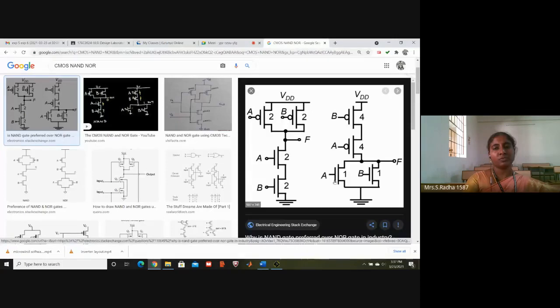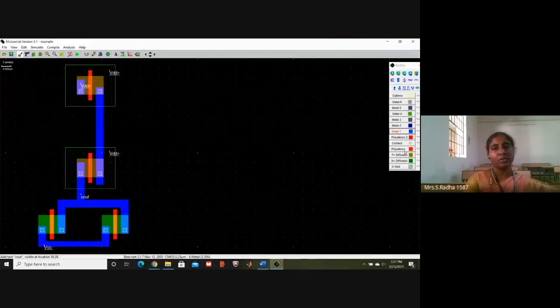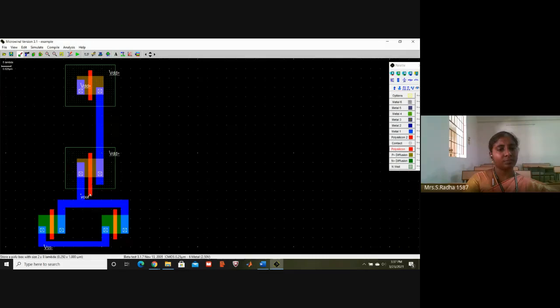Now the first PMOS and first NMOS gates should be connected together. Otherwise, like this also, no problem. And the second PMOS and second NMOS should be connected together. That portion I will do with polysilicon. Second PMOS, second NMOS connected.